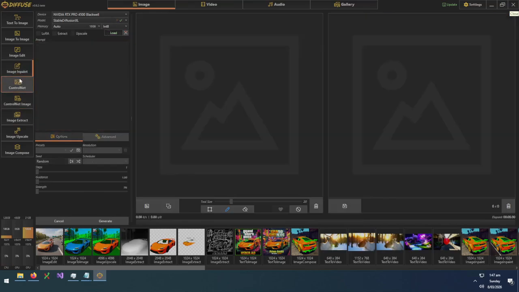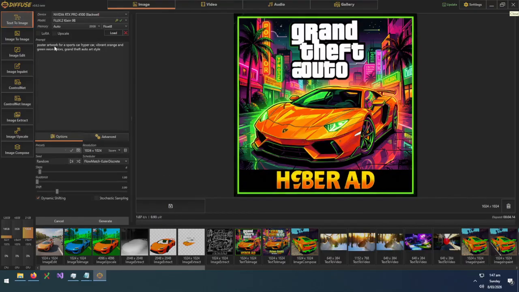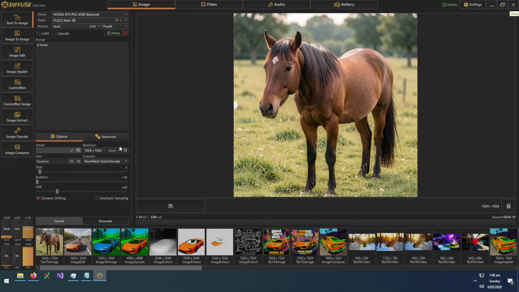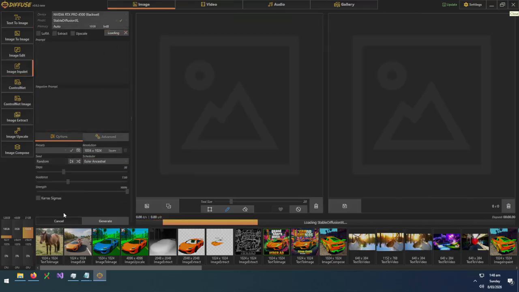In Paint, very similar thing where, actually, what's a better example? Just a horse. Oh, that's not what I meant to say. A horse. We just quickly generate a horse. I gotta load it again. I always forget to click load. Generate. Just to use an example for in paint. So now if we load that,